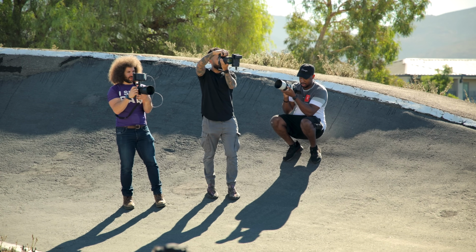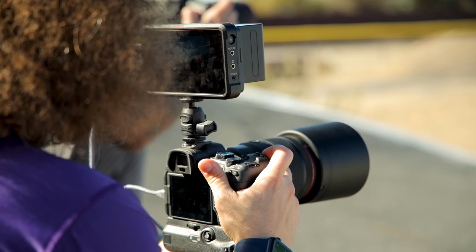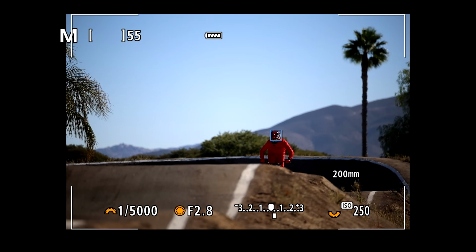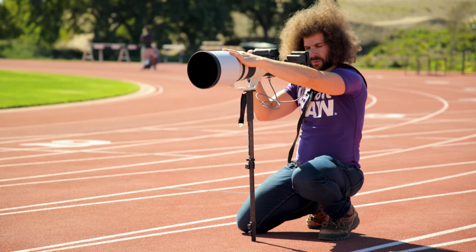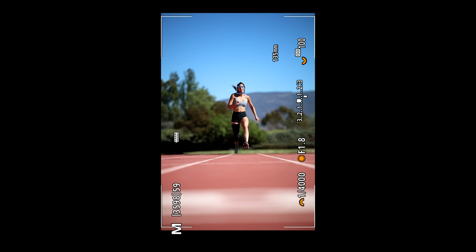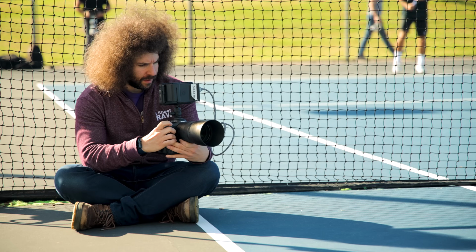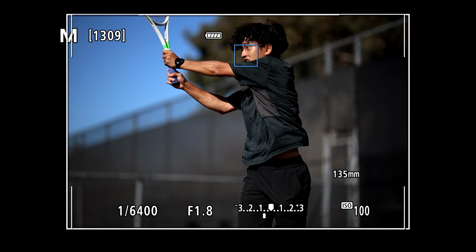And the way that I shot is I wanted to record my electronic viewfinder so that you could see exactly what the camera is seeing, see the autofocusing working, and seeing when I'm taking those pictures. That's why I'm holding the camera the way I'm holding it during the entire time, and that's for you guys so that you can see everything working. And I think that's the best way to get you involved, so you see the autofocusing moving and you see